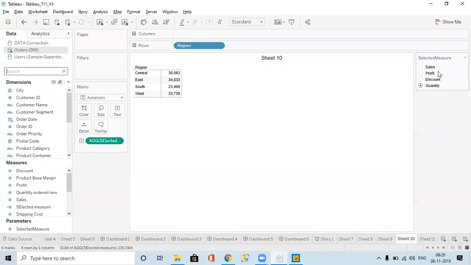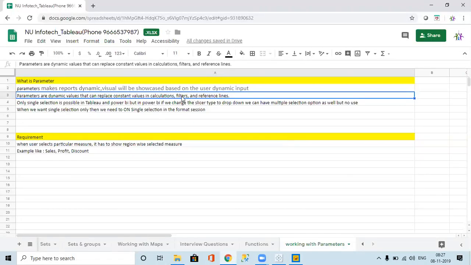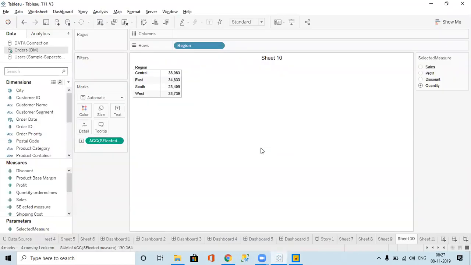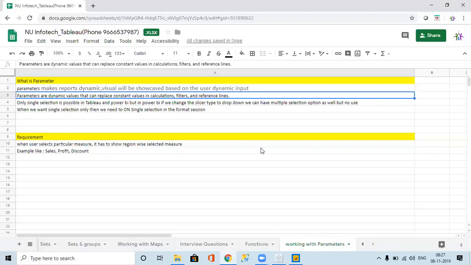Dynamic values means in the calculations we are keeping this parameter and that is becoming dynamic. And we can do the same thing in calculations, filters and reference lines. Okay, got it. So that is nothing but a parameter.